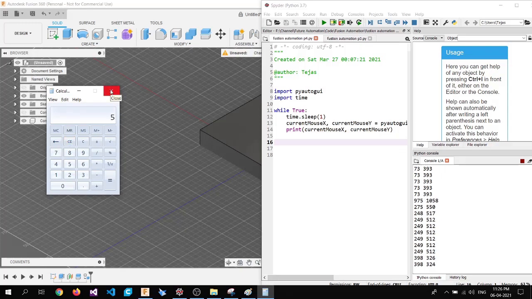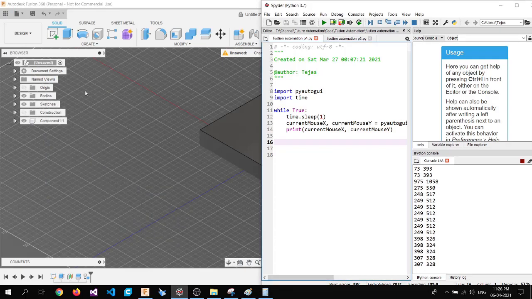So you need to understand that here we are trying to create a pattern, to create a relation between each menu. Now we understood that there are 5 pixels of distance between each menu, and each menu is 25 pixels. Now once we get a top pixel, we can easily calculate the difference and add it to the next menu. Now we know the order is bodies, sketches, then we have constructions, and then we have components. So if we consider body as one, top pixel as one, then plus 25 will give us the bottom pixel.